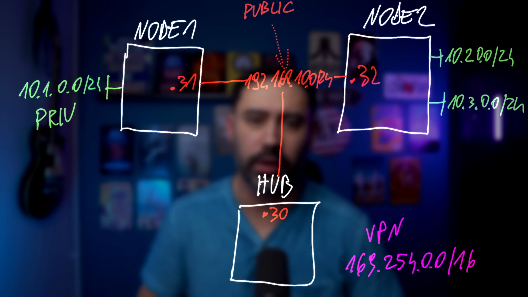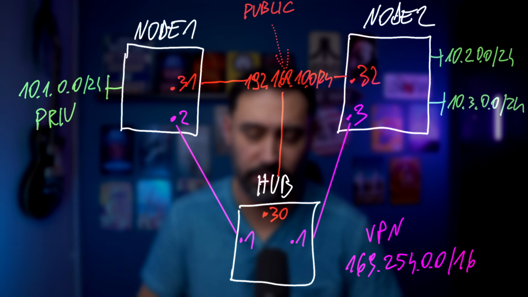This time we won't be interconnecting every node with each other in a mesh, but instead we'll create only two point-to-point VPN tunnels. With this approach, for every new site, we just add one more tunnel with the hub, and that's it. First tunnel will connect node 1 with the hub, and the second tunnel will connect node 2 with the hub. Node 1 will have .2 IP, node 2 will have .3 IP, and the hub will have .1